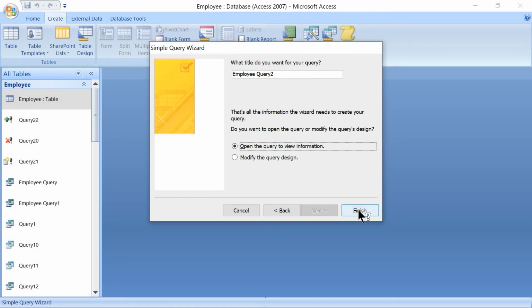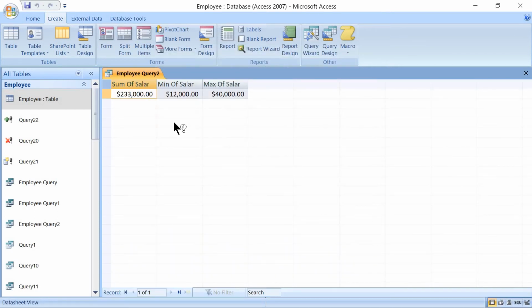Then finish. Right now we can see here summary of the salary is 2,33,000. Minimum salary is 12,000 and maximum salary in the company is 40,000.